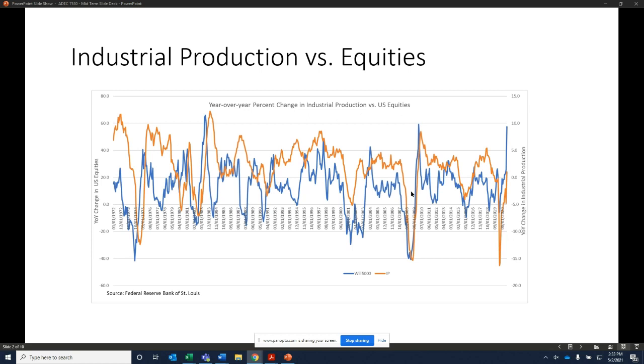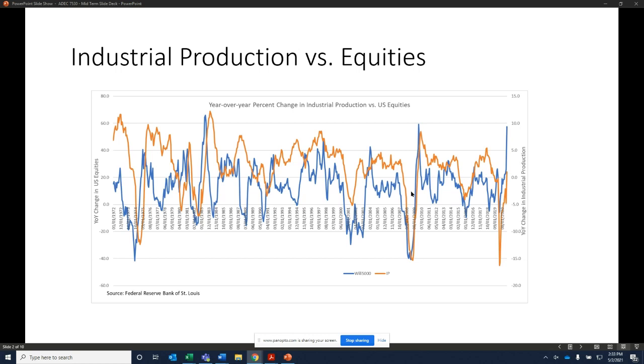What this chart shows is the year-over-year percent change in industrial production versus U.S. equities, proxied by the Wilshire 5000. This goes back to about 1972, and the Wilshire equities is in blue, industrial production is in orange. The big takeaway is there's a pretty clear, although not perfect, relationship between industrial production and equities,